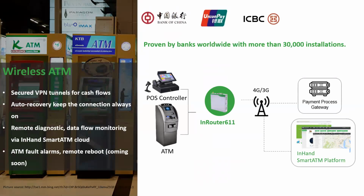So, other good, interesting markets. I've talked kiosk, I've talked unattended, till I'm blue in the face, but wireless ATM. The ATM industry is moving away from your typical telephone connectivity. A lot of the places ATMs are in, they can't just hook up over Wi-Fi. They can't just plug in with an Ethernet. Having that wireless ability to drop an ATM wherever you'd like, or some type of point of sales controller, it's